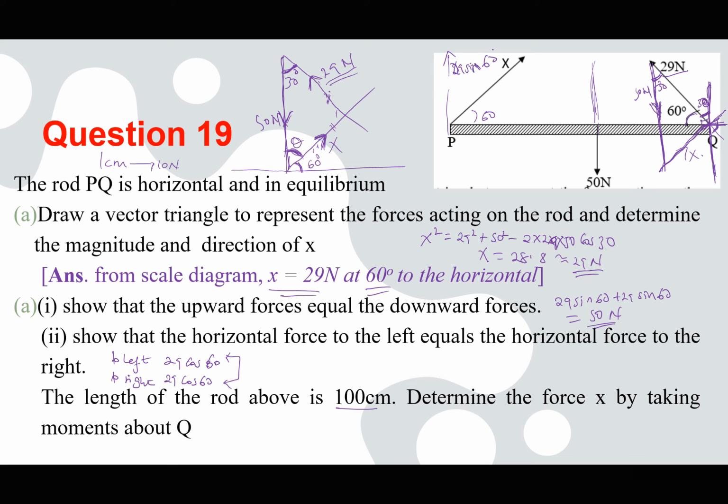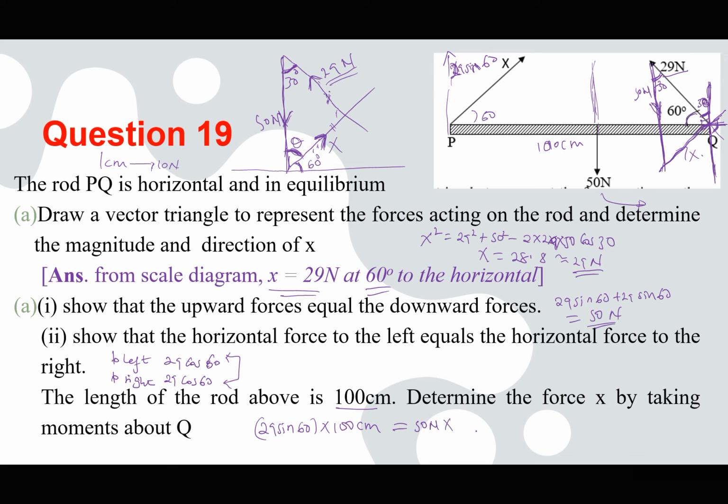So if I know x to the vertical as 29 sine of 60, then I can use this 100 as the perpendicular distance. So clockwise moments are going to be 29 sine of 60 times the perpendicular distance, even if I take 100, because I know centimeters will cancel out, should be equal to anti-clockwise moments, which is going to be 50 newtons